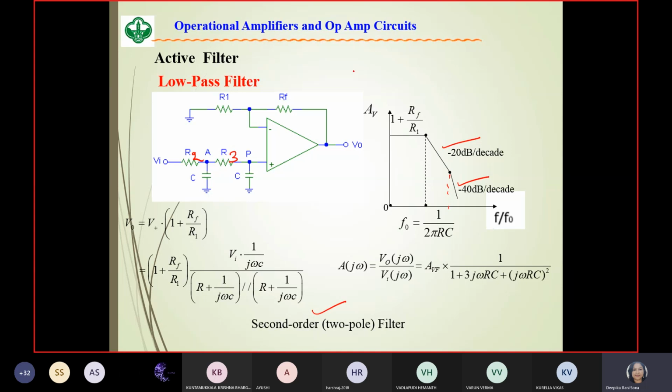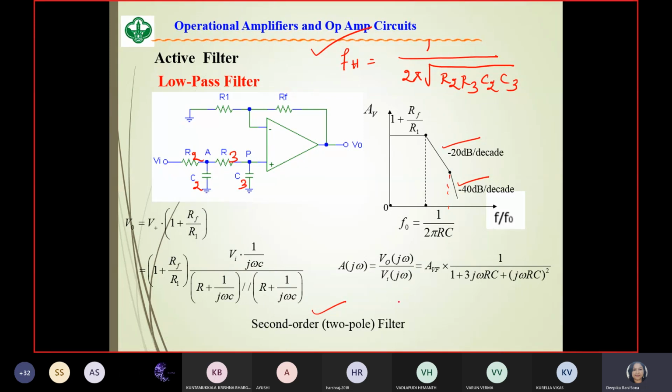So at this point the FH of the second order low pass filter can be written, based upon the 1 by 2 pi RC formula. If you solve that, it is 1 by 2 pi square root of R2 R3 C2 C3, as this is R2, this is C2 and this is C3. The labeling we have to do according to your R2 R3 components only. Yes, this is the cutoff frequency formula for the second order low pass filter.